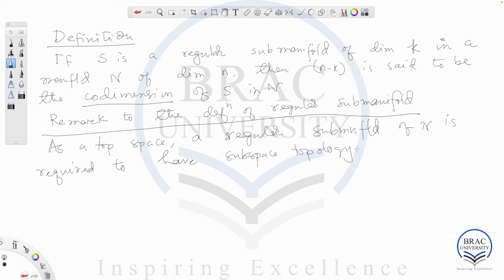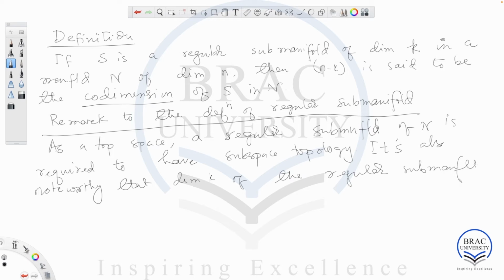It's also noteworthy that the dimension k of the regular submanifold S may be equal to the dimension n of the original manifold N, in which case